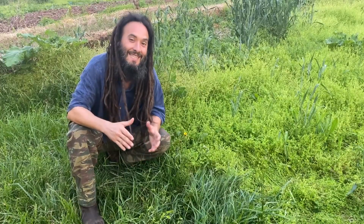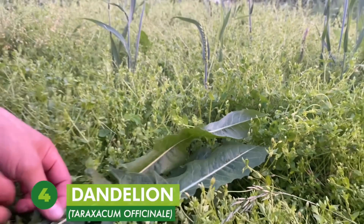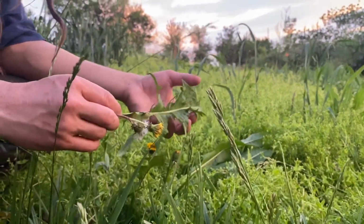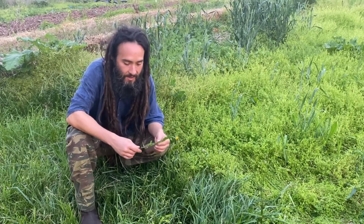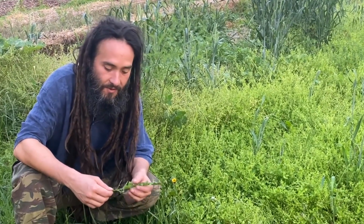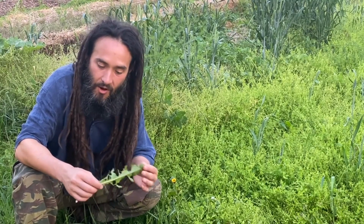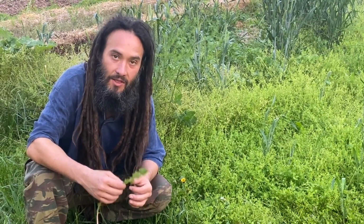Number four on my list is definitely Dandelion, Taraxacum officinale. This is one that most everybody's probably already familiar with. It is an absolute incredible edible. The leaves are great in salad, but they can also be boiled to remove some of the bitterness if you're not into that. They are loaded with all kinds of nutrients, tons of vitamin A,